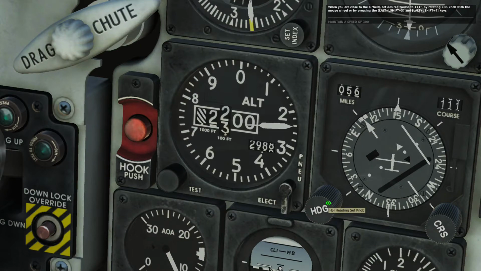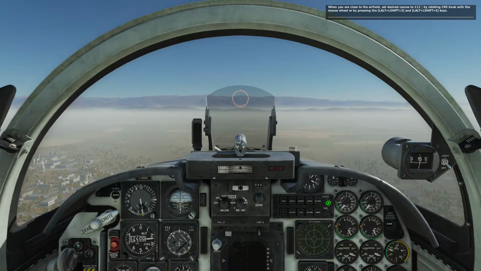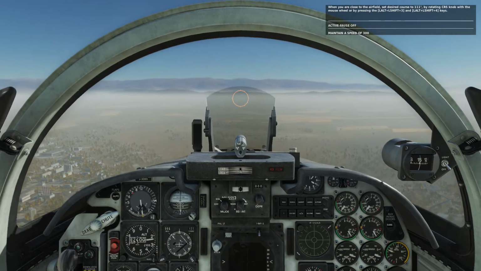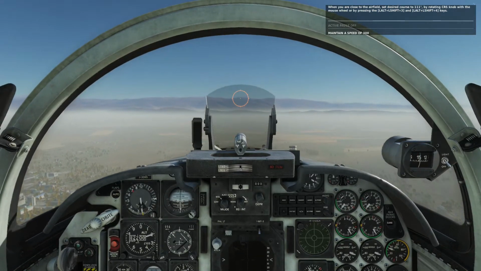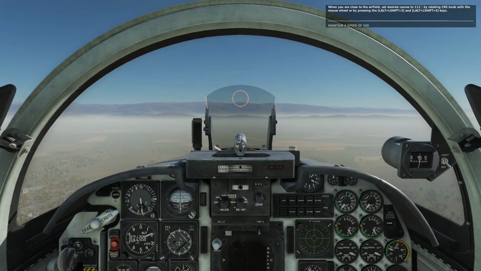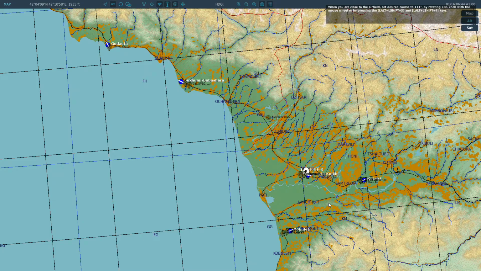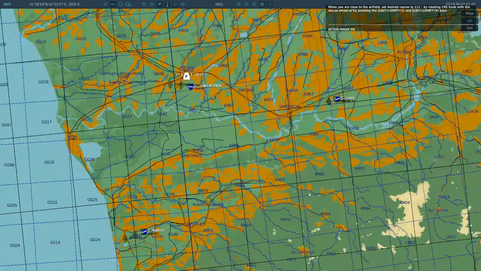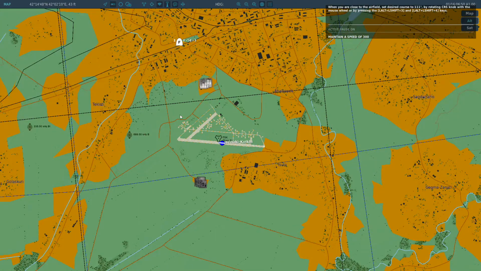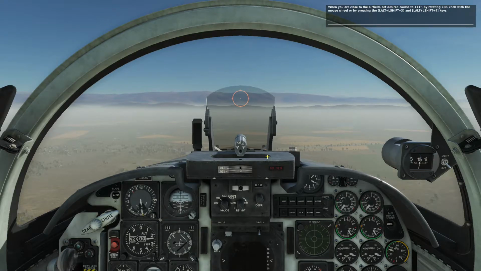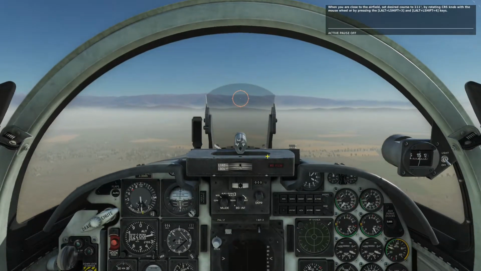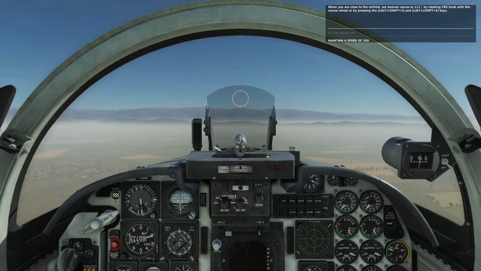Okay, now we are right over the runway, right over here. We're going to cross this runway and make a turn over here and make a final leg like this and land. So active pause mode off. We are maintaining around